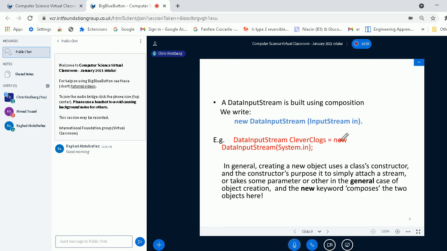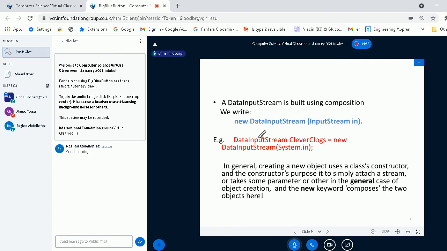And it results from creating a new object from the class DataInputStream, which is attached to System.in. Now, you probably don't know this already, but you might have come across it. System.in is a very basic input stream. Its name is System.in.